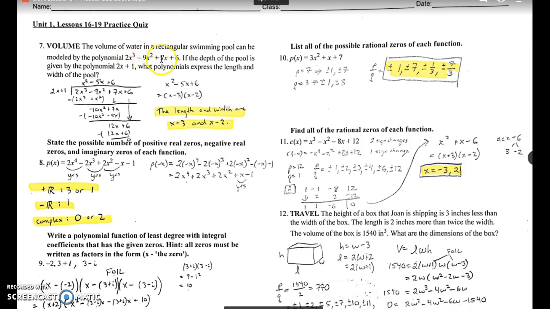So this polynomial represents the length times the width times the height, or the depth if you want to use depth instead of height. And if they give you the depth, when you divide out the depth factor of 2x plus 1, you're going to be left with the length and the width, which are the other things that you're solving for in the problem. Because the factor has 2x plus 1,